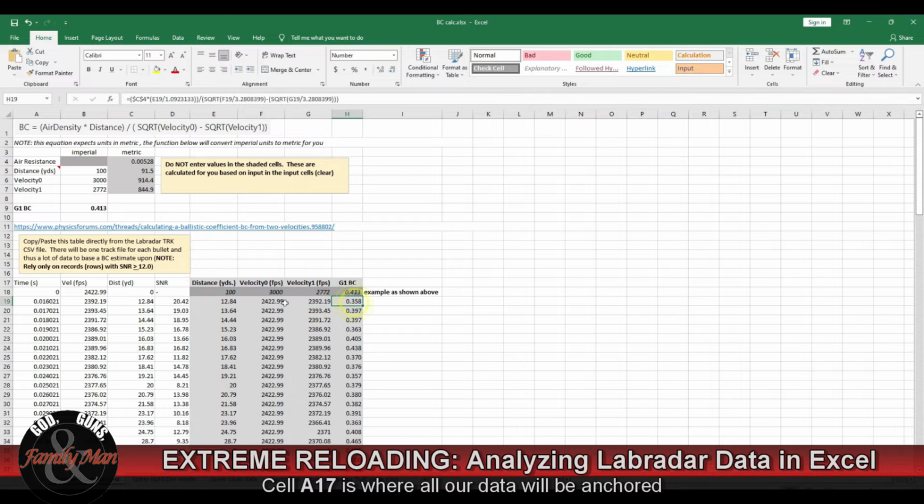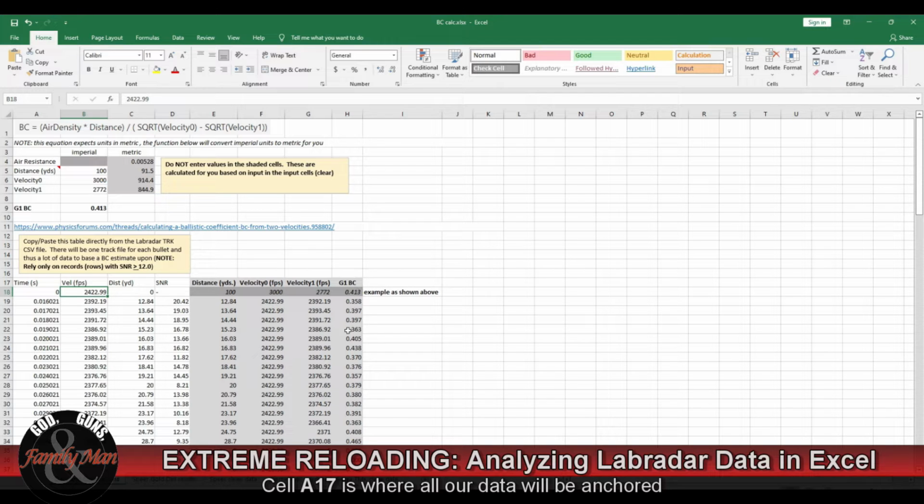You're going to find that your muzzle velocity is copied redundantly over and over again into the velocity at 0, muzzle velocity. The velocity 1, the second observation, is going to be changing,